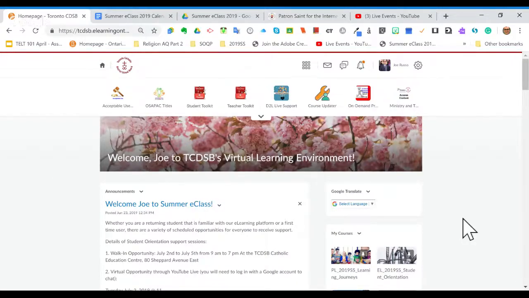In terms of any kind of support that you need, whether it be from our team here at the board office, or let's say you're having some troubles with your computer and actually interacting with the e-learning platform, then all you have to do is click on the D2L Live Support icon.